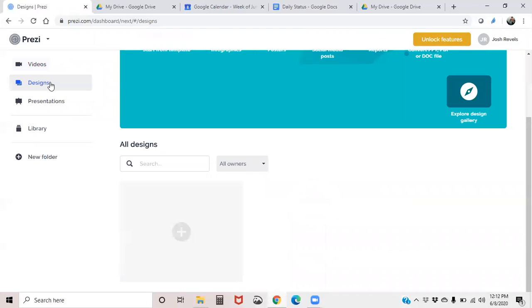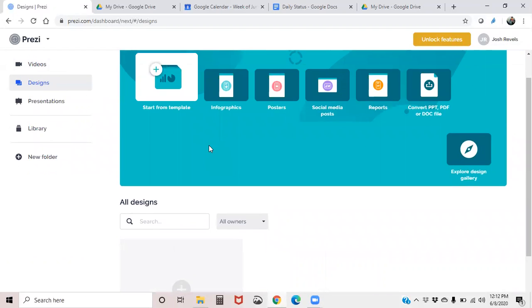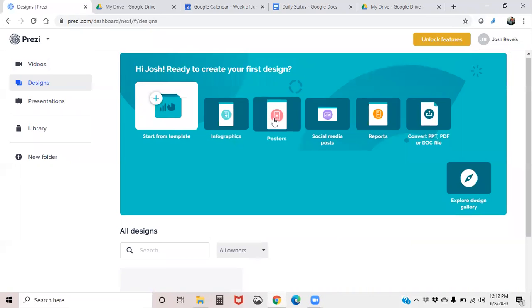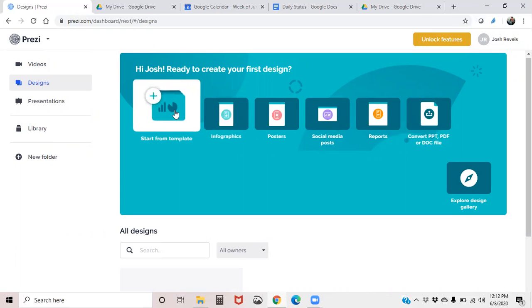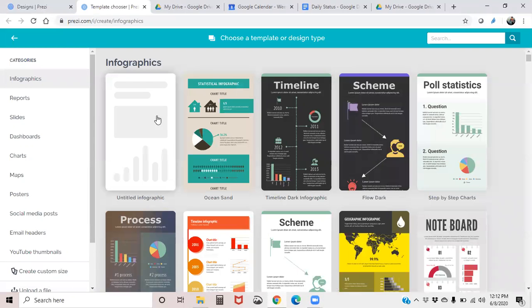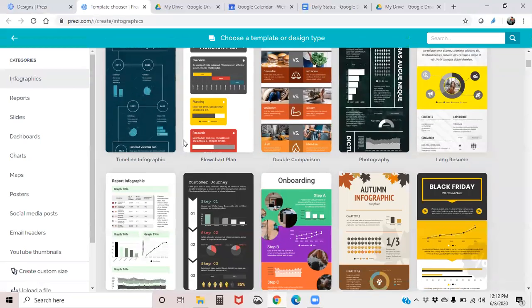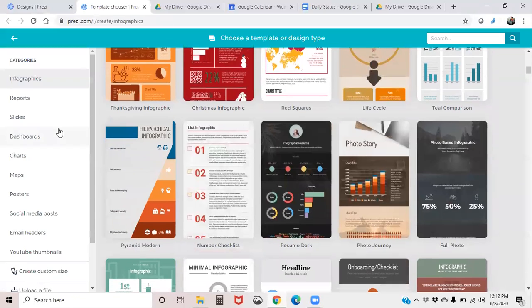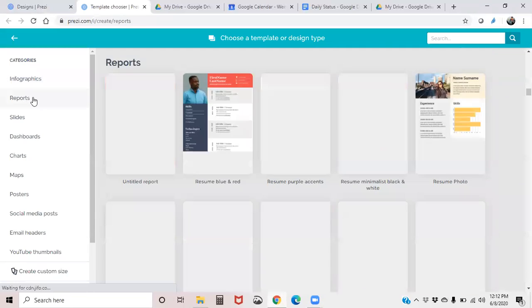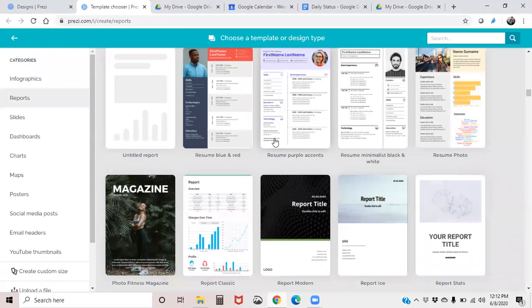And so designs, that's where your templates are for like infographics, posters, social media posts, reports. Students can even convert their PowerPoint files into presentations. And so if you just want to start from a template, you'll see all the different templates for each of those here in this one place. And so we've got different types of infographics that they could create, different types of report themes that you can use,